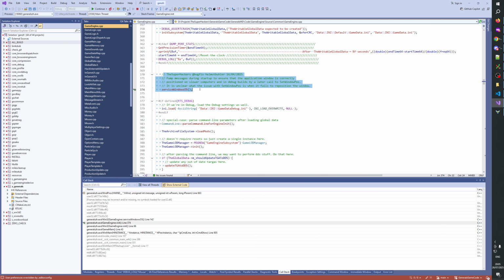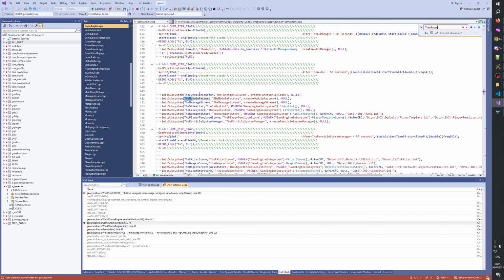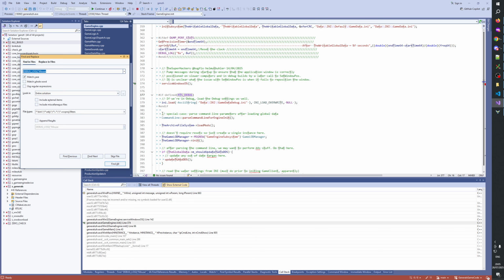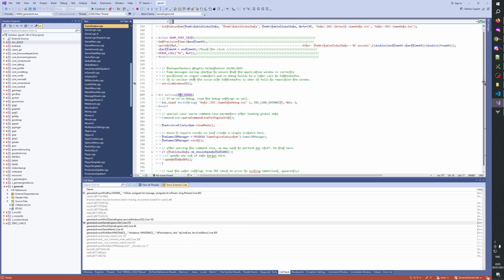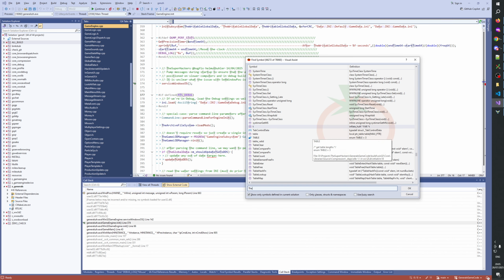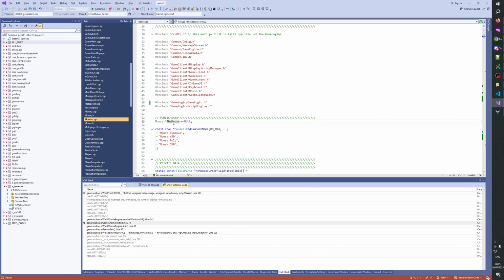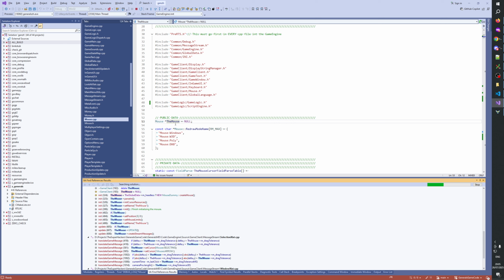Maybe we need to put this behind the mouse. Where's the mouse created? Oh boy. The mouse. Who's creating the mouse?